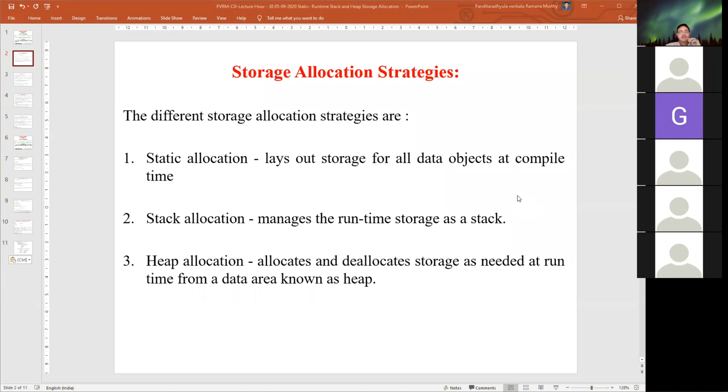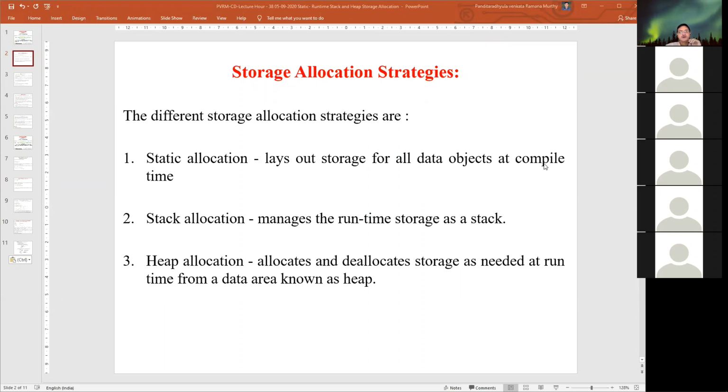Whereas the stack storage allocation, we identified in the previous couple of classes as part of the execution of the various procedure calls. In terms of the activation record, we are storing as many activation records as possible.